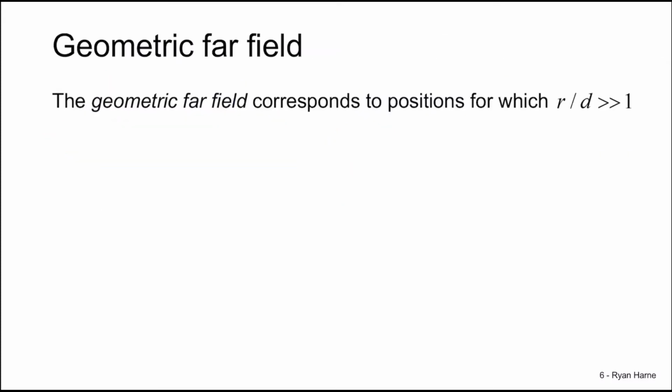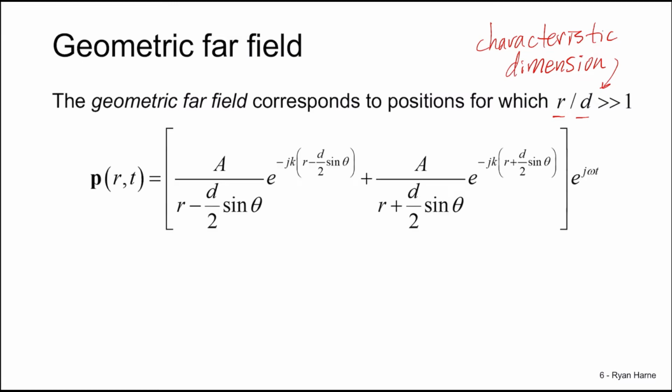This is called the geometric far field, when we know that the field point location R is much further away than a dimension D, which is sometimes called a characteristic dimension, the largest dimension of the acoustic source overall. When R divided by D is much greater than 1, we call this the geometric far field. What we can do is simplify our acoustic pressure by substituting in our approximations for R1 and